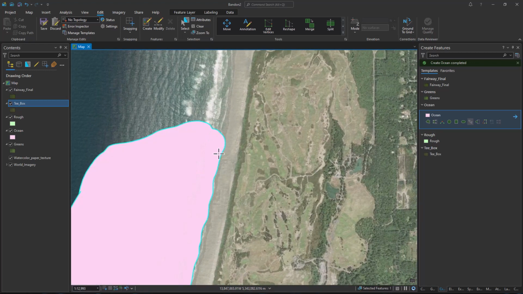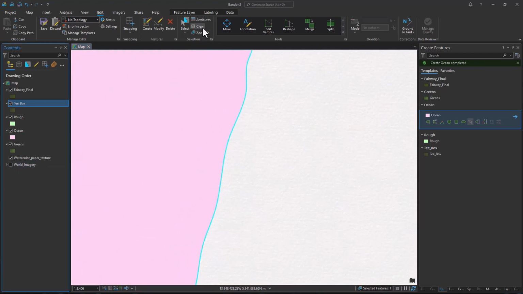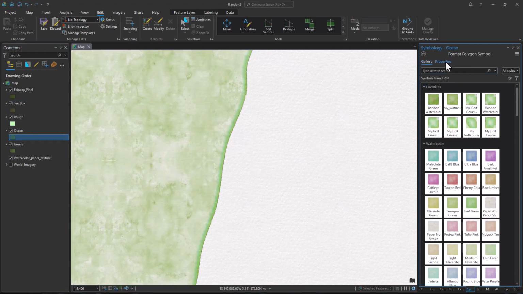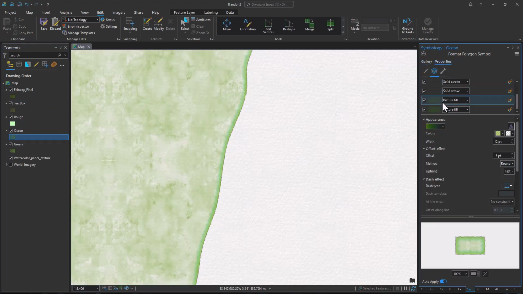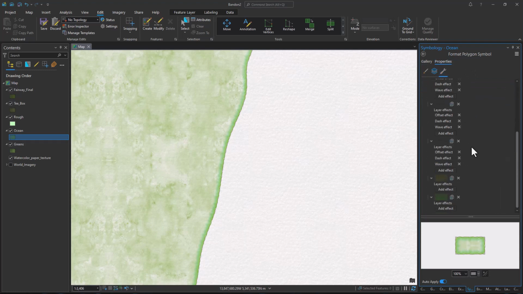There we go. Okay, cool. Turn off our imagery and clear our selection. So let's go ahead and do the same thing. Go to our gallery, My Golf Course. Good deal. So let's go ahead and get rid of one of these picture fills